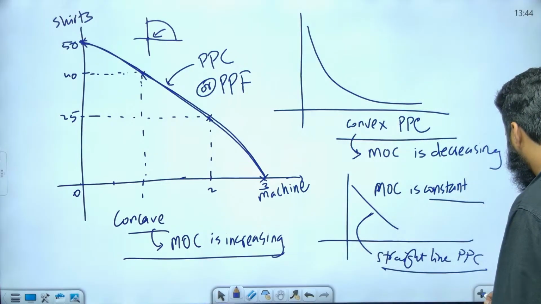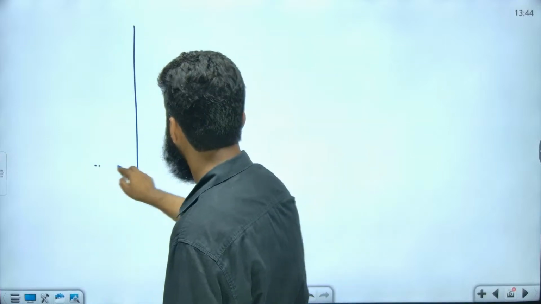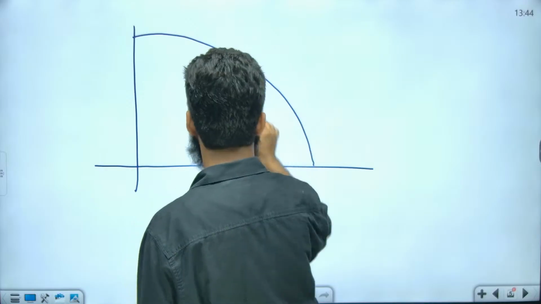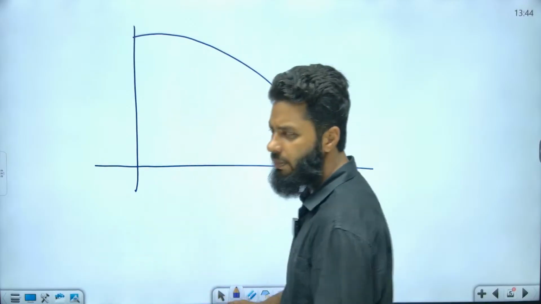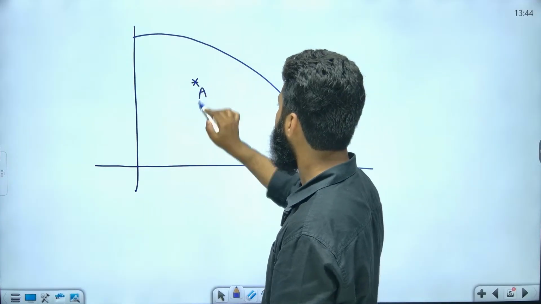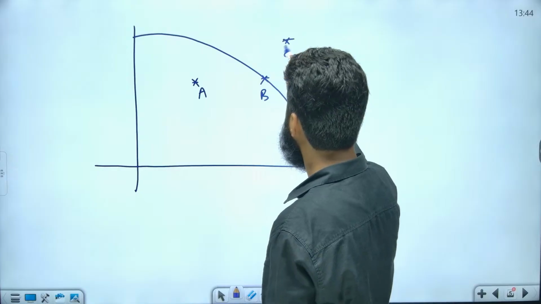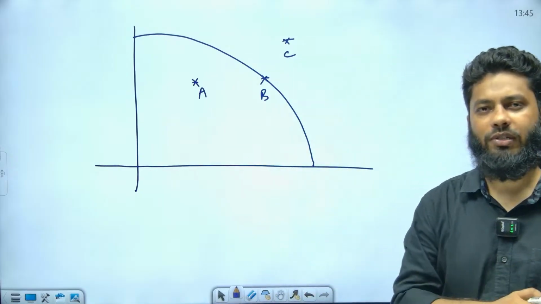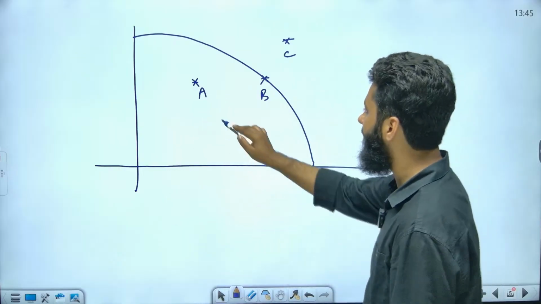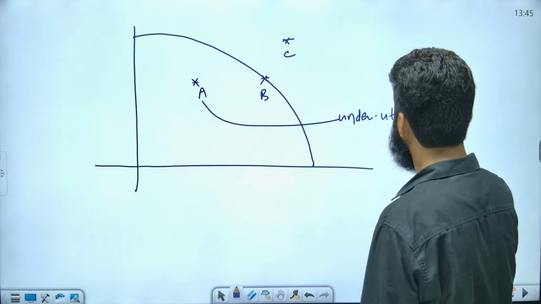Now, what conclusions can we draw from this? This is suppose a PPC, right? And suppose we take 3 points here: point A here, point B here, and point C here, right? Now what is your observation about point A, point B, and point C? Point A, we can say it is underutilization of resources,